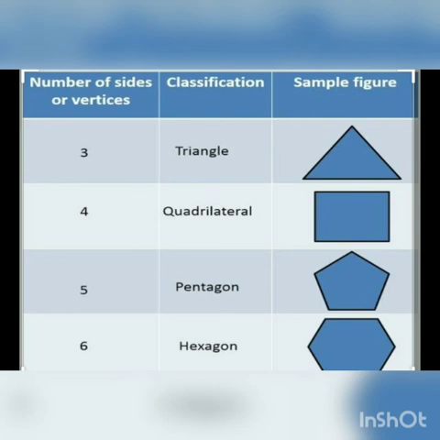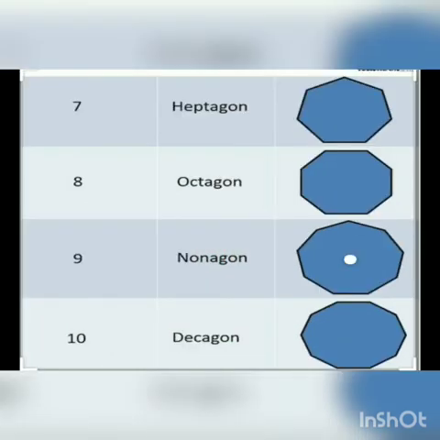So what we discussed in today's class, we discussed polygons. So let me classify the polygons again. A 3-sided polygon is known as a triangle and it is the smallest polygon. A 4-sided polygon is a quadrilateral. A 5-sided polygon is known as a pentagon. A 6-sided polygon is known as a hexagon. A 7-sided polygon is known as a heptagon. 8-sided polygon, octagon. 9-sided, nonagon. 10-sided, decagon. In this, 7, 9 and 10 you need not study. You study the names of the other polygons. Okay, whatever is given in the textbook, you study.